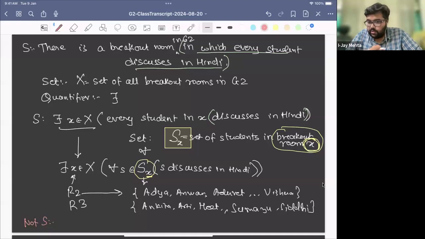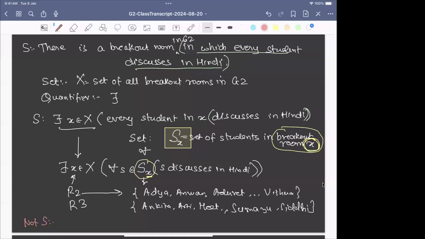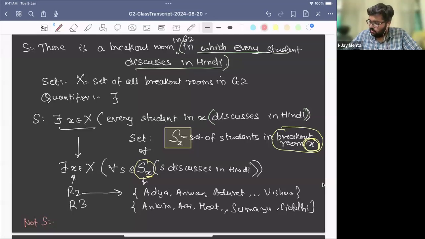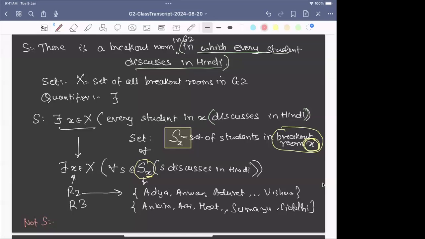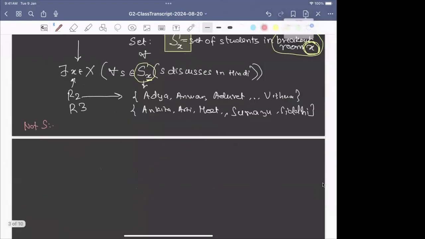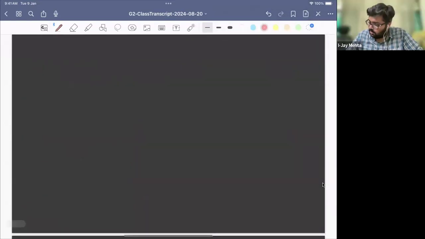Room number 9, Rigved. Jay, it may be a good idea to write it. Maybe there are too many things, so write it clearly with the statement and then ask for negation. Okay, I'll add one more page, and now I write the statement in terms of quantifiers only. So there exists a breakout room,